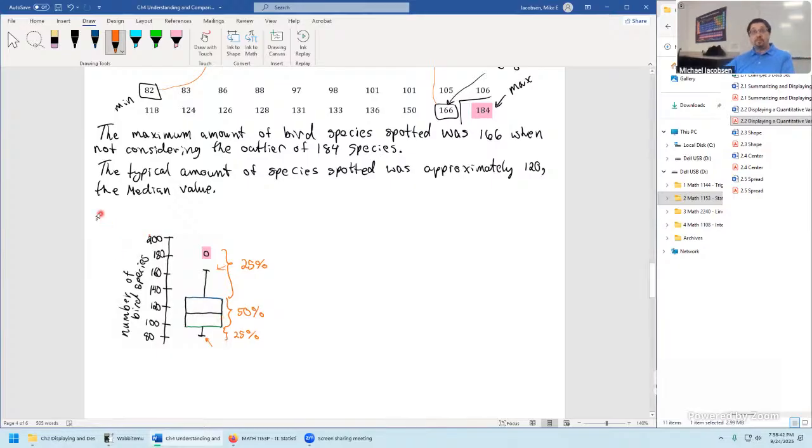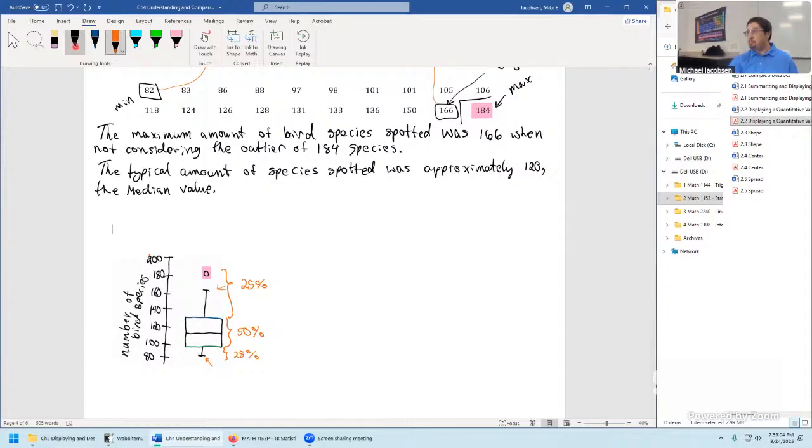That might be your third thing you might mention. Or some people might mention, to go along with the central value, the typical amount, something about the interquartile range. You might say 50% of observations go from approximately 100 species to approximately 130 species. That'd be a great thing to add.